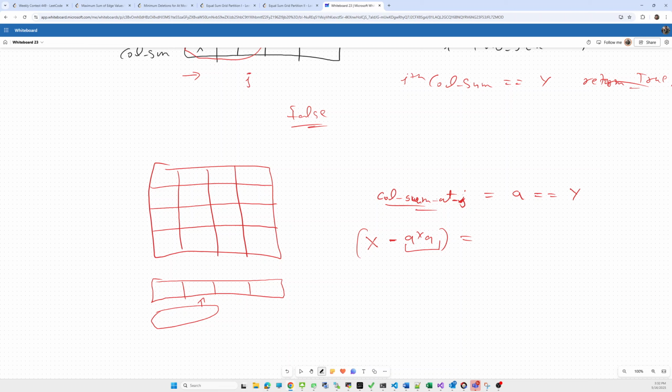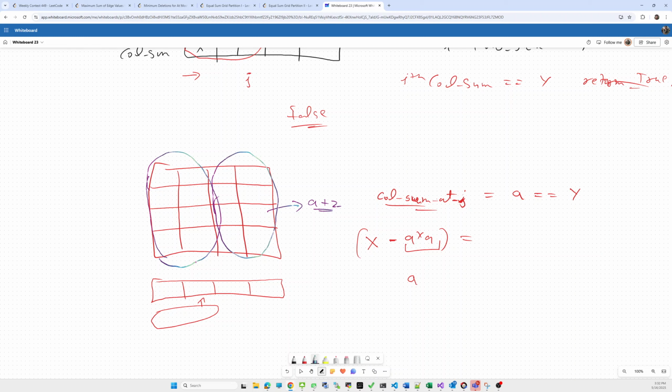I am taking A as the sum for this one partition, and the other one will be A plus some Z value, where Z can be positive or negative.